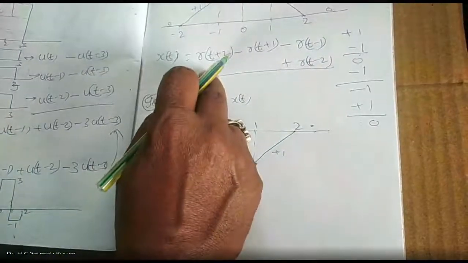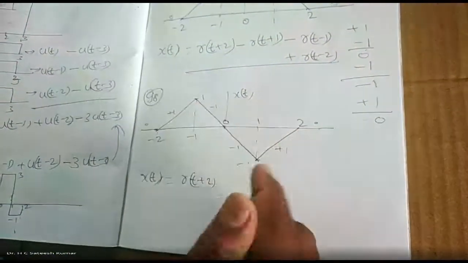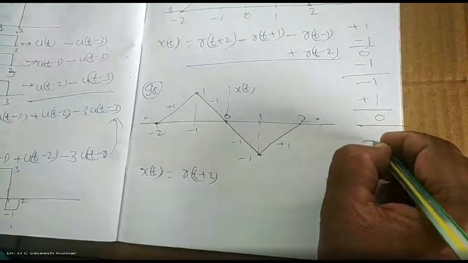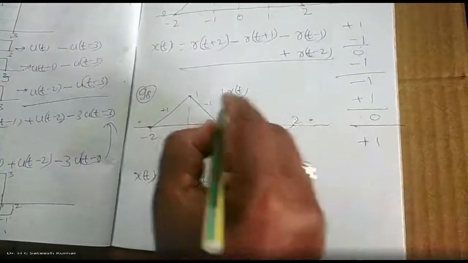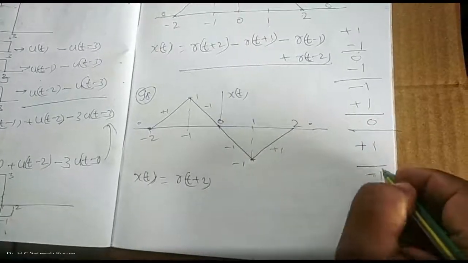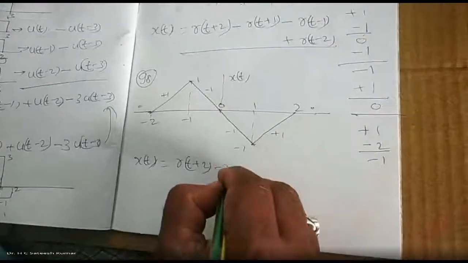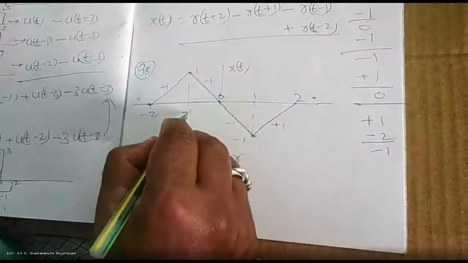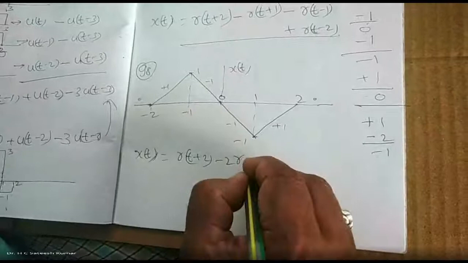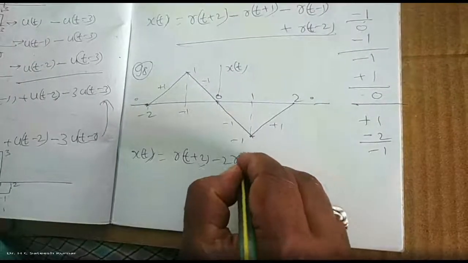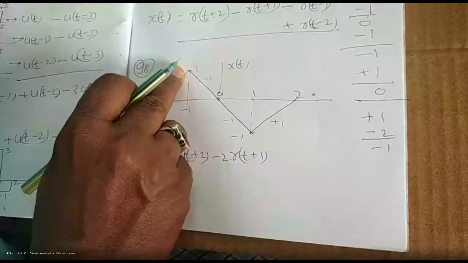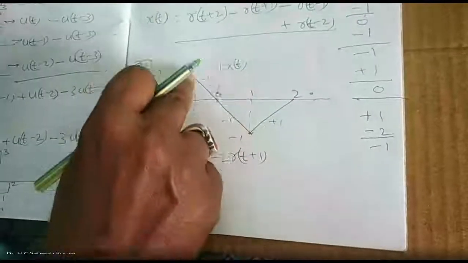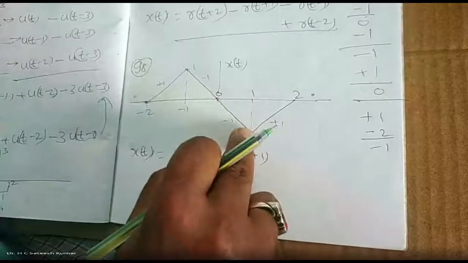Now I am going with a slope of +1. I want to get a slope of -1. What I should do? I have a slope of +1. I want a slope of -1 means what? I should add -2. What is the value? R of, from where? -1, we need a slope of -1, right? Therefore, R of t plus 1. Now I am going with a slope of -1. But for the entire length, same slope. Therefore, no need to write 2. Only 1 is enough. The same thing will be continued unless you stop it.